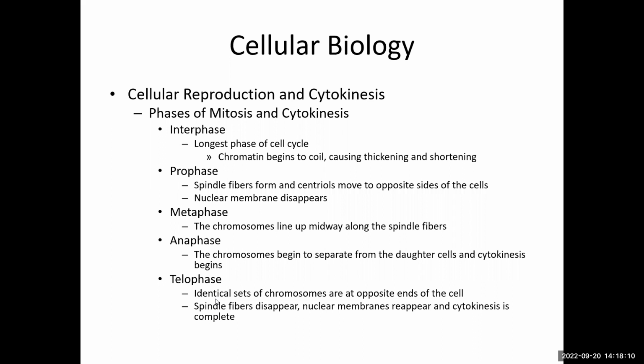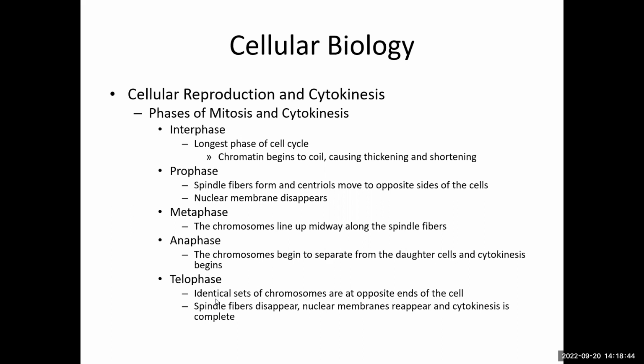So we have this first phase, which is called prophase, where the spindle fibers and the centrioles are going to begin to be active. Those centrioles are going to move to the polar sides of the cell. Spindle fibers are going to start forming from those centrioles, and now we're going to see the nuclear membrane around that nucleus begin to disappear. These spindle fibers are going to bind to something called the kinetochores of the chromosomes,